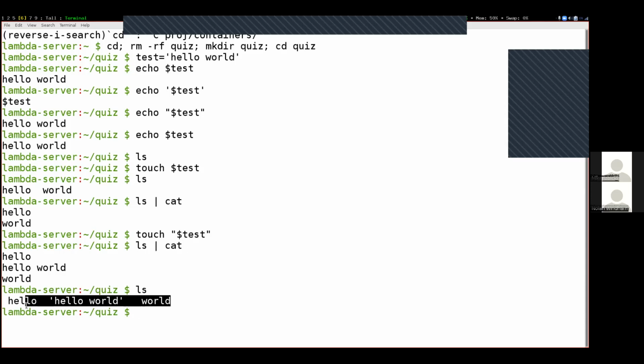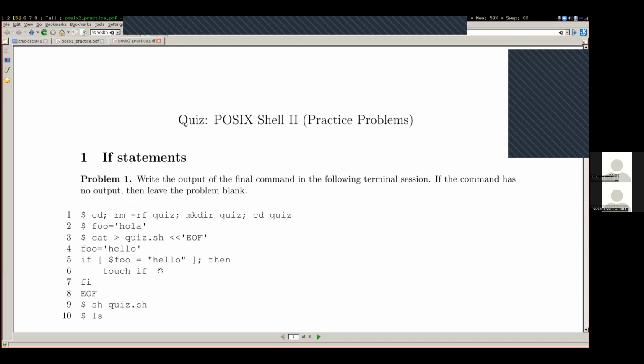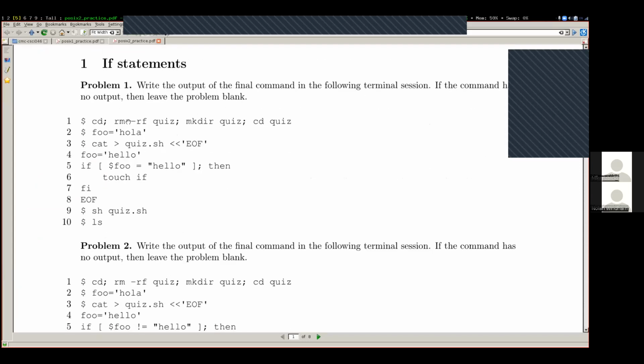So this is all review from the Posix Quiz 1. And then last time we started going on to this first problem right here in the Posix Quiz 2. And here the interesting thing is, well, there's a couple of interesting things going on, but the first most important interesting thing to make sure that you are 100% comfortable with is how these quotation marks interact with this, it's called a here document. This double less than sign right here is called a here document. And this is a way of getting our input